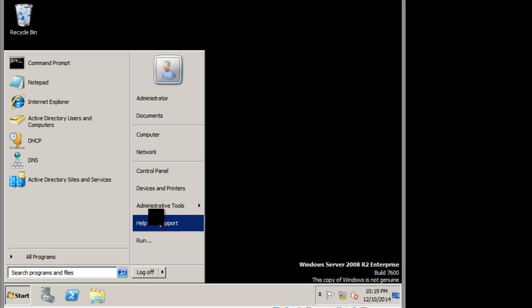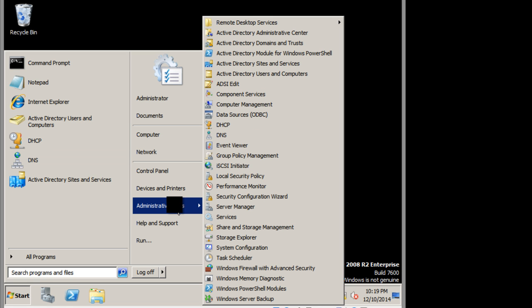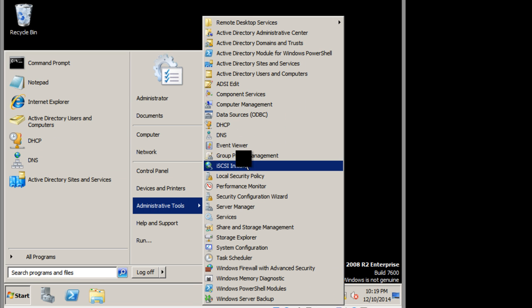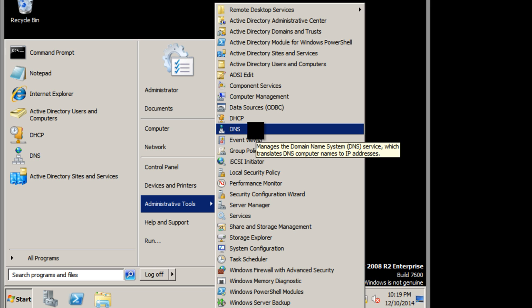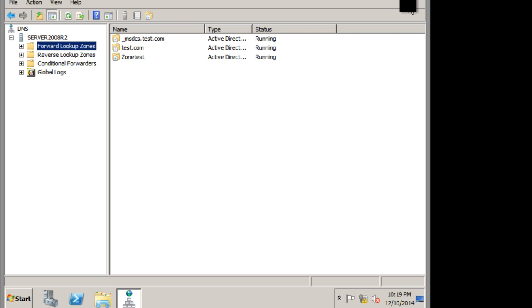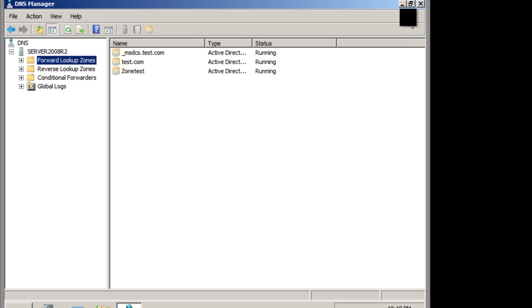and we could either go to Administrative Tools, or you could find it right there, but you could go to Administrative Tools for all those first time users. Click on DNS. Okay, what DNS means is domain name and service, and what DNS does is that